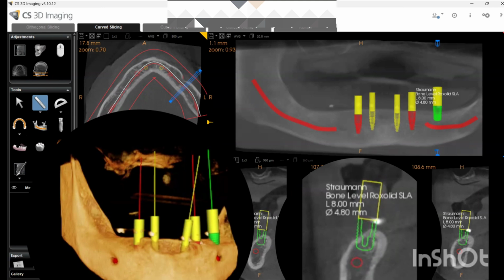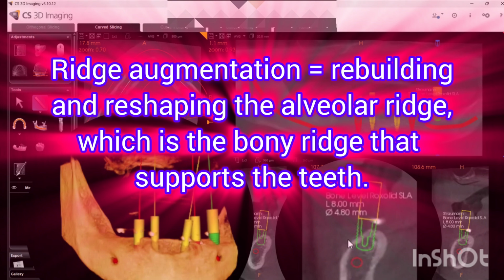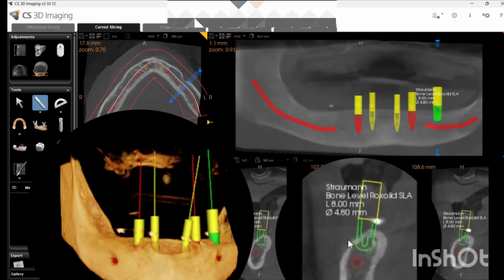Now you have to write in your report or inform the fellow dentist that this patient needs ridge augmentation and bone grafting in order to provide adequate bone height and width. Because if I leave the distance from the canal for safety purposes, then my height and width are not at all adequate right now.